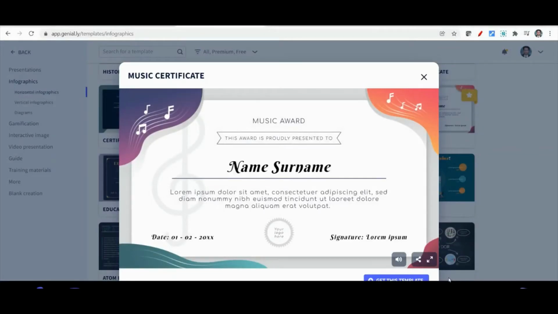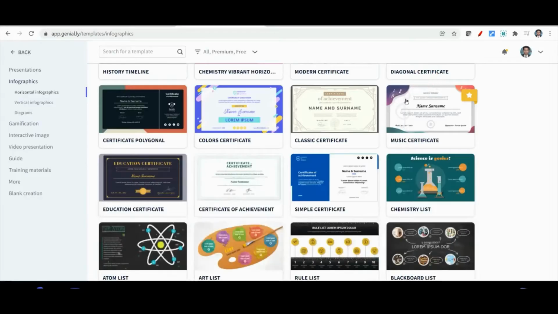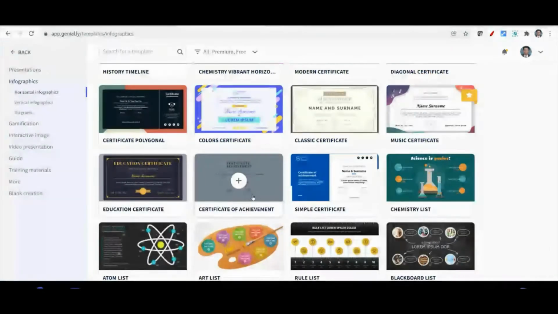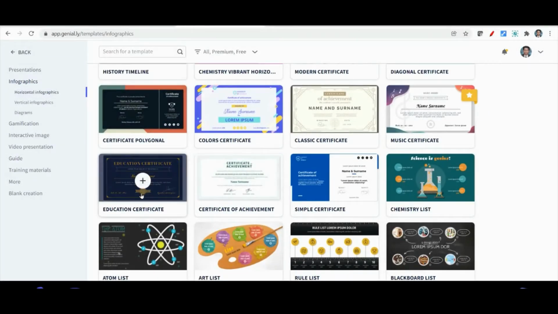This is a music certificate, and this is the paid certificate. And you can have a simple certificate. Like that, we can preview the certificates. Now for demo purposes, let me click this education certificate.